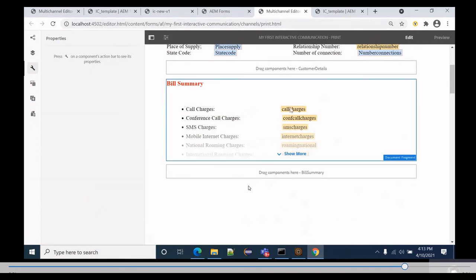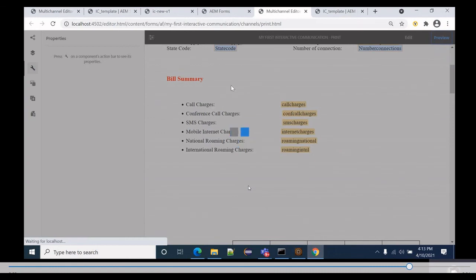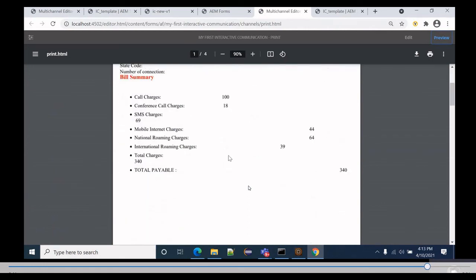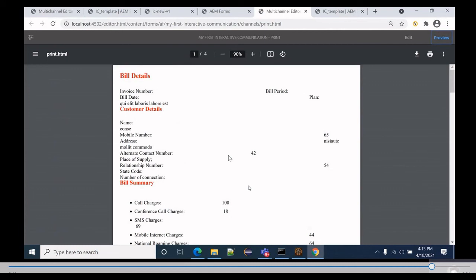So that is the thing we have to understand here. We can also preview it. Though the UI is still breaking, but yeah, this is how we can create interactive communication, and then we can use it. Okay, so that's it in this video, and thank you so much for watching.